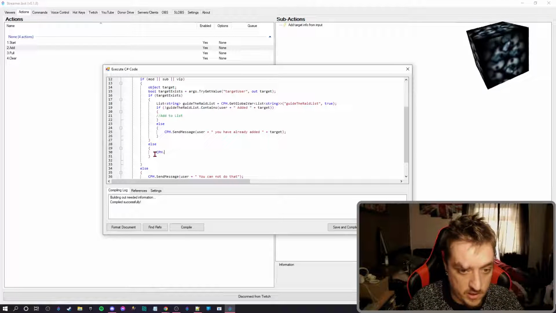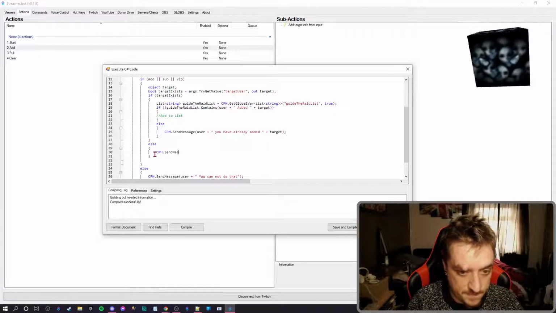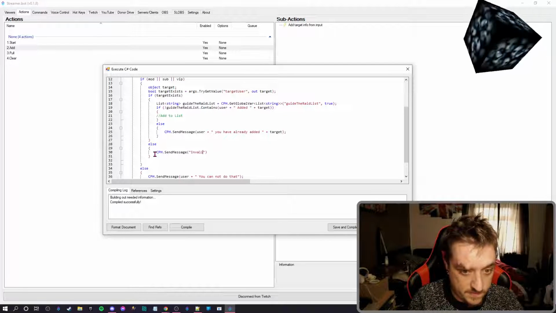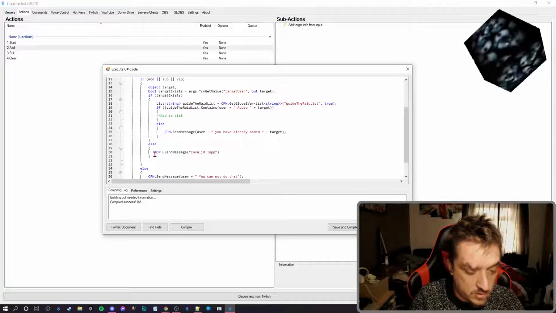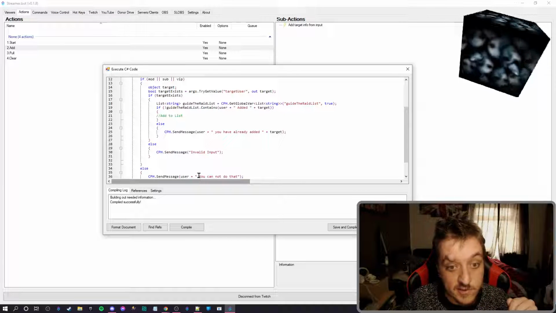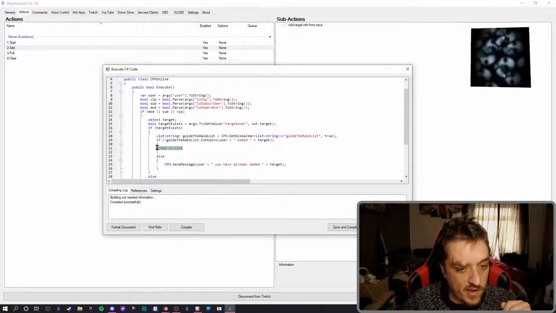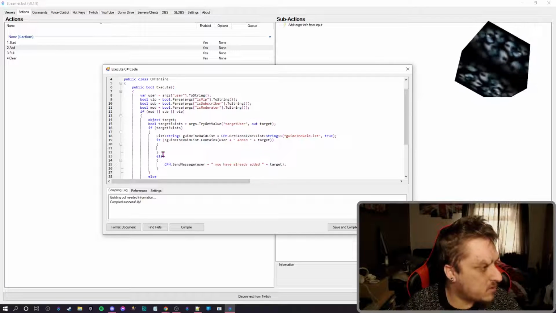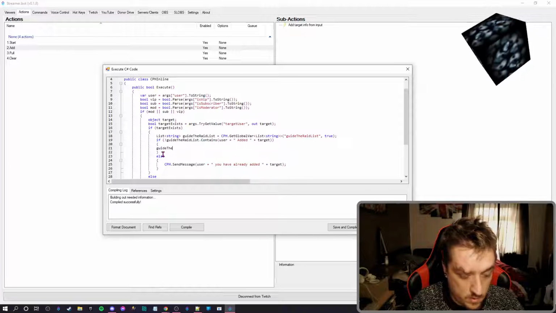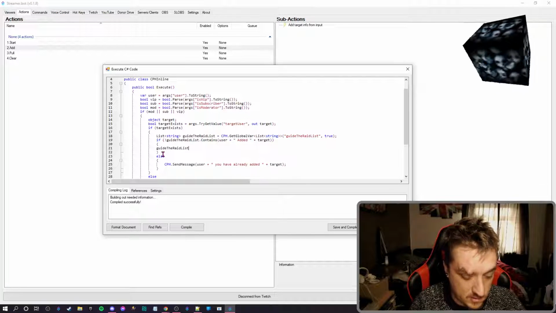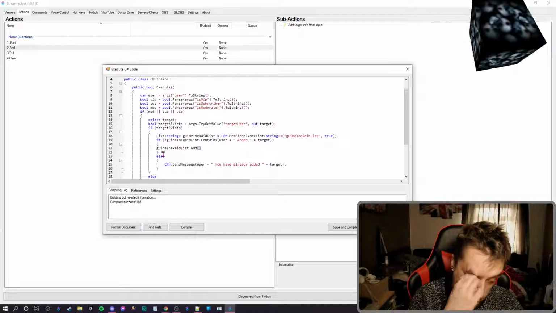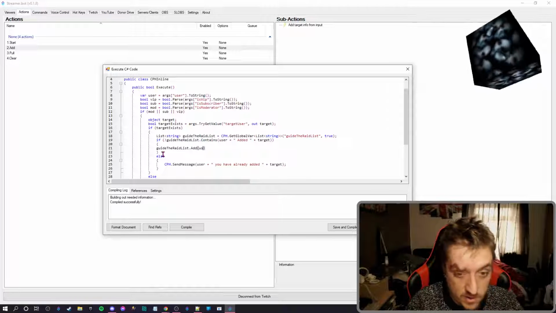So we're going to just say cph.send message invalid input. It's okay if you're not following. I'm going to talk you through the whole code once we've written it. So here we're going to work out how to add the list. So we do guide the raid list dot add, and what we'll do, we're going to add what we're checking for. So we're going to say add user